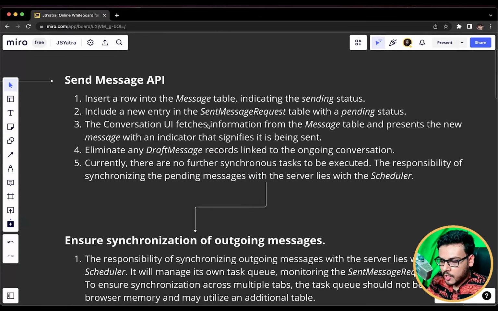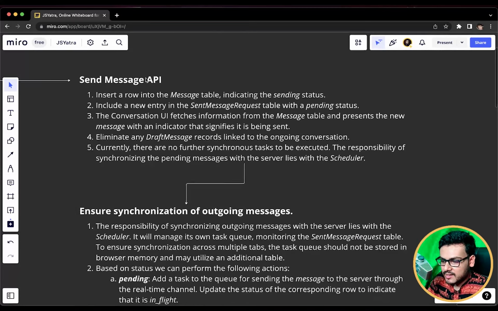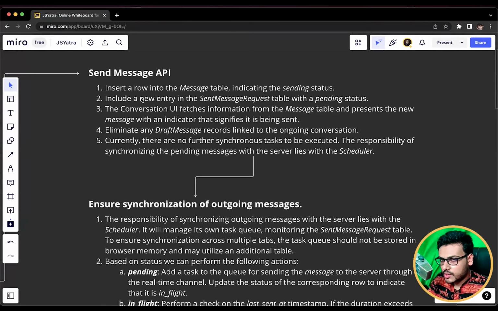All right, now we are on the very interesting part of this solution, that is the APIs. In this section, what we are going to discuss is how the message table, how the database is going to be treated when the data is being sent to the server, or when the data is coming from the server, because the major stuff happening in this application is primarily on the database. So it is very crucial to address the behavior of this database when there are various scenarios happening.